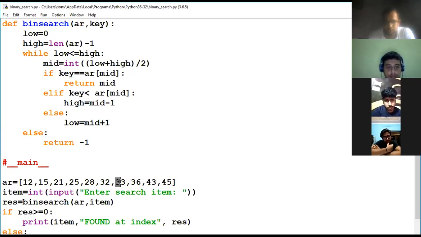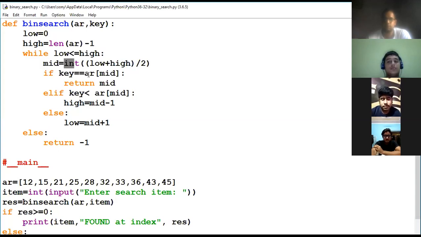Now this is the sixth index. Check it again. What is the value of low? Low remains 5. The value of low is 5 and the value of high is 6. 5 less than equals to 6. The condition is true. Now again add 5 plus 6, that is 11 divided by 2, meaning 5.5. When we convert this value into integer, it will become 5. The value of mid is 5.